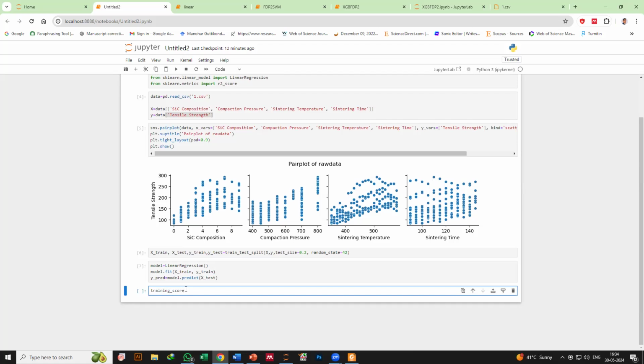Training score, I am calculating the training score. The training score is based on the actual minus the predicted value, like R square or mean absolute error. If we take R square into consideration, it has to be close to 1. The closer it is to 1, the better the model. Like training score equal to model dot score,